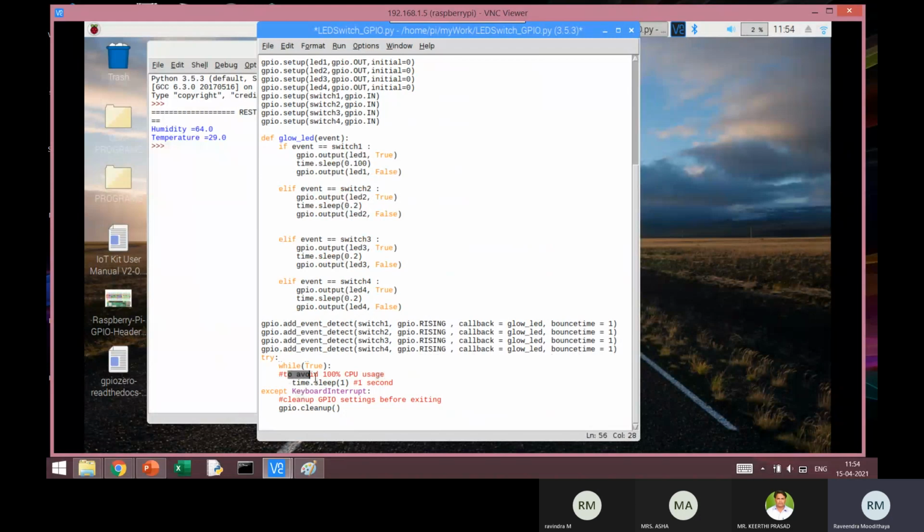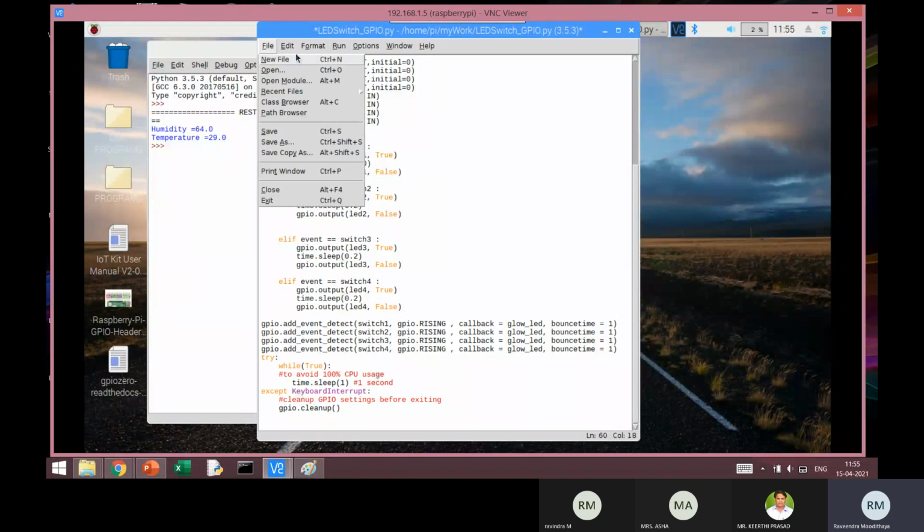This will avoid 100% usage of the CPU. We are using one sleep of 1, so during that sleep, some other program can take over the CPU time. If you increase this to 10 seconds or something, the latency of response may go up, so it's better you don't increase this number to a large value. 1 would be sufficient. It just means that after every second, your CPU is available for other activities, or maybe I can run one more program in parallel.